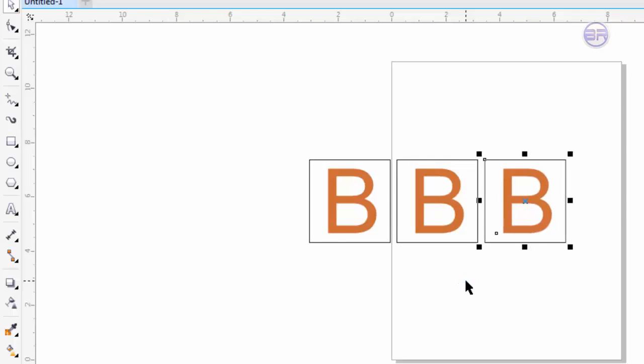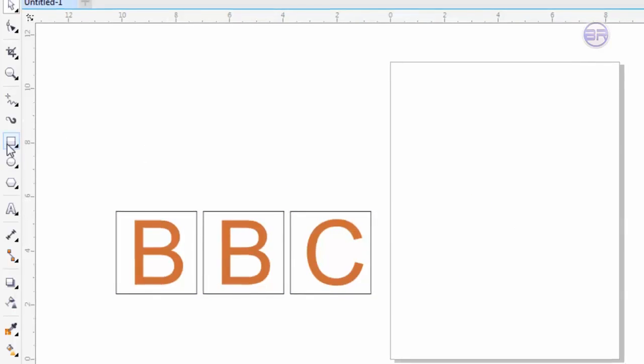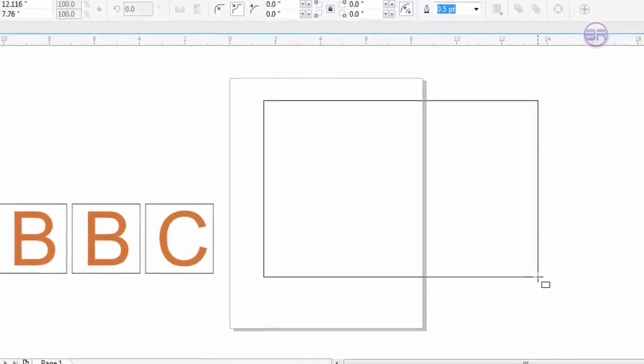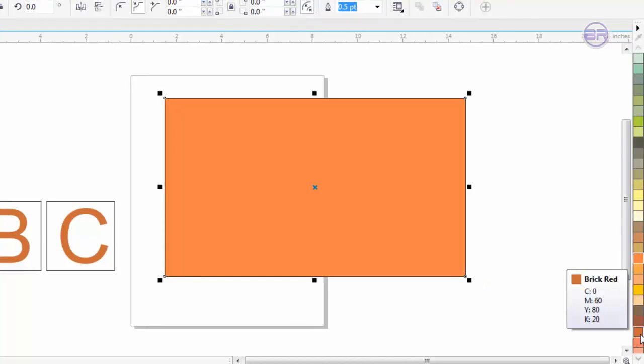and now we'll change this text using the text tool to C. So that's it. Now what I can do is to select all of them and just put it here. Now I will take a box, this box, give it a color like this one or this one, and just will